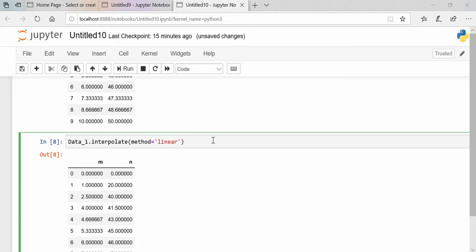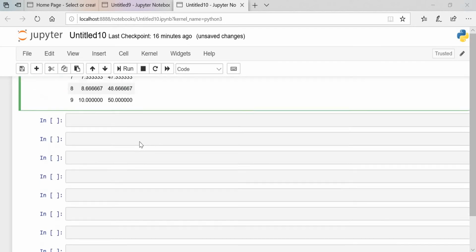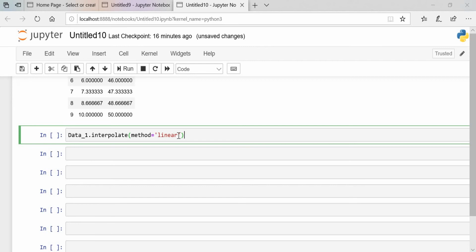We have 10 methods, and we are going to learn these 10 methods and how we can plot them. So 5 methods we will take in this tutorial, and the next tutorial we will take 5 methods, right? So we'll copy this same line, and we'll show you the next method, that is quadratic.